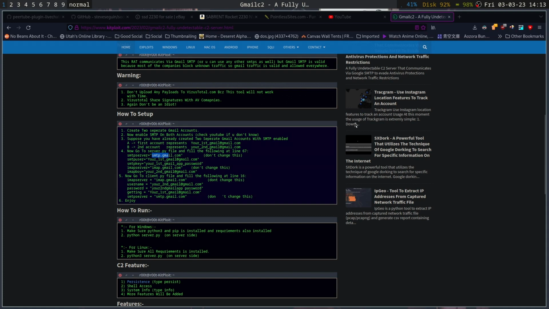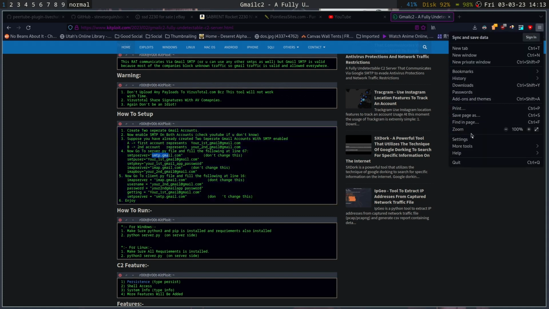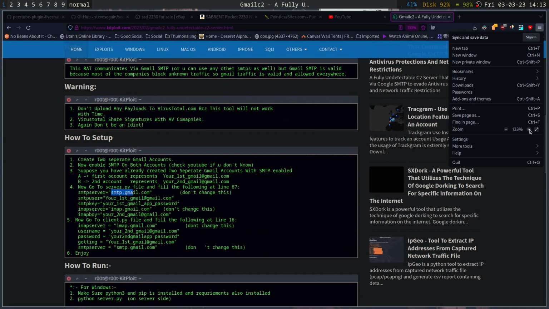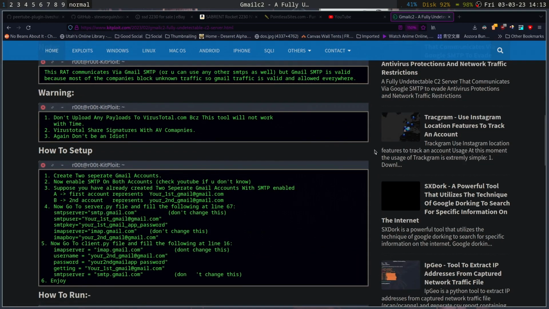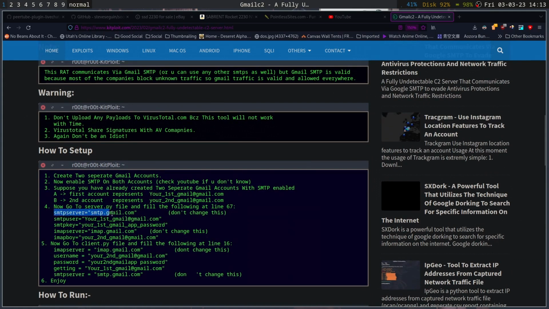If you've got a different SMTP, let me actually zoom this in so it's easier to read. 150%, yeah, that's good. So this first one, your SMTP server and user, is basically, if you've got a separate email, or SMTP server you want to use, then you can put that in. A different verified one, more than likely, but Gmail will simplify the process and is more verified across the board. Then you've got your user, where you put in your email account, of course, your Google account that you've just created. And then your key, which is